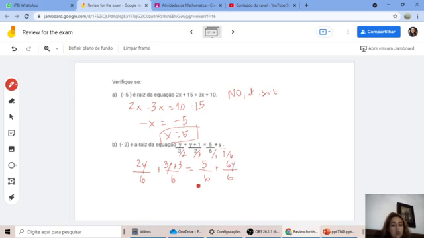So I'll have 2y plus 3y plus 3 equals 5 plus 6y. 2y plus y, 5y plus 3 equals 5 plus 6y. So 5y minus 6y equals 5 minus 3. So this is going to be minus y equals 2. Y equals minus 2. So yes, it is